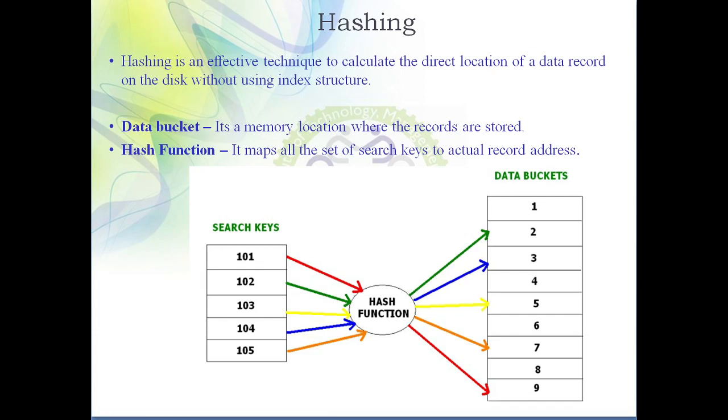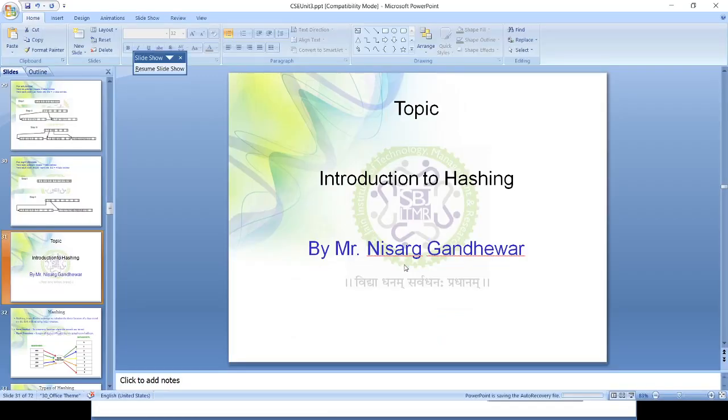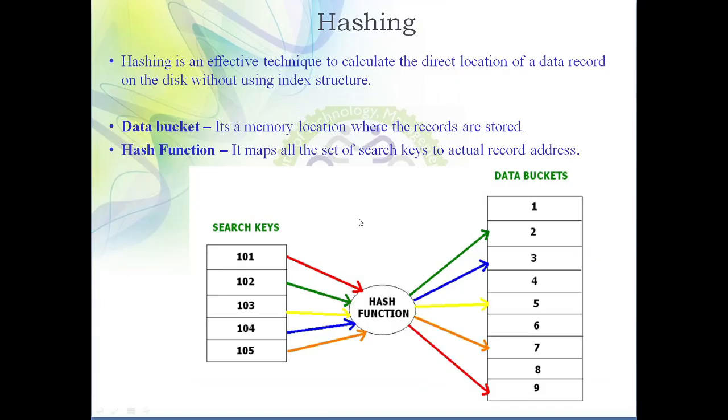So we can say that hashing is faster as compared to indexing, because in case of indexing you need to search an index file and then you can reach the actual data. But this is not the case in hashing. Directly you can reach that particular record. One more thing: when should you use indexing and when hashing? When you have a small amount of data, you should go for indexing, and if you have a huge amount of data then you should go for hashing, because in hashing you can directly jump to the location where your actual record is present. So this is the concept of hashing.